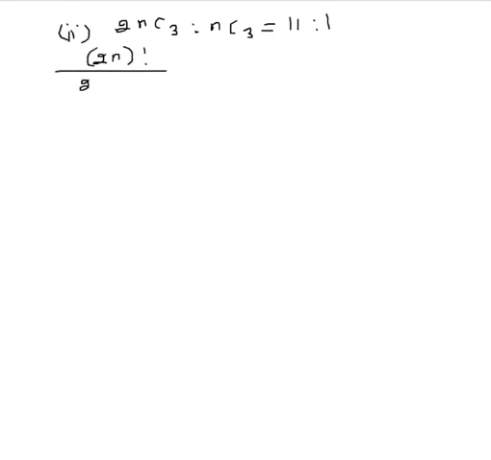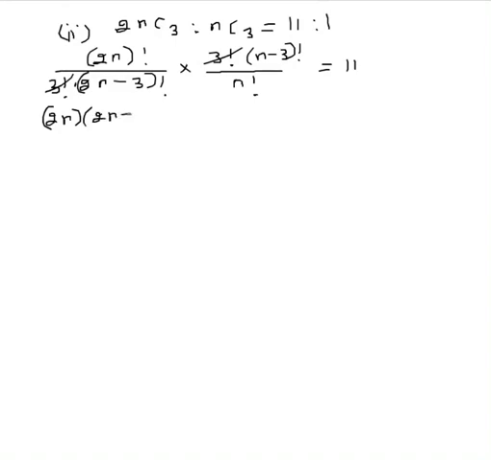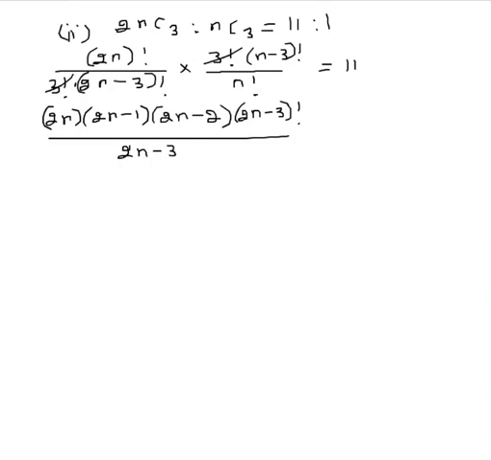2n factorial by 3 factorial times 2n minus 3 factorial. Let us write the reciprocal of nC3. N factorial divided by 3 factorial times n minus 3 factorial. I have written the reciprocal is equal to 11. Now 2n factorial can be written as 2n times 2n minus 1 times 2n minus 2 times 2n minus 3 factorial divided by 2n minus 3 factorial